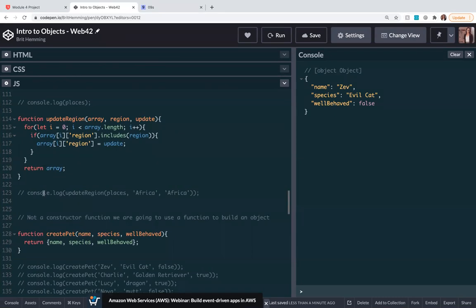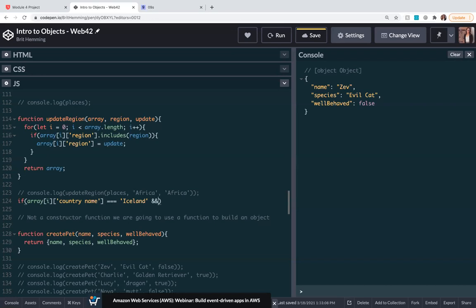So we could say here, if array i region, no, if array i, the country name equals Iceland,